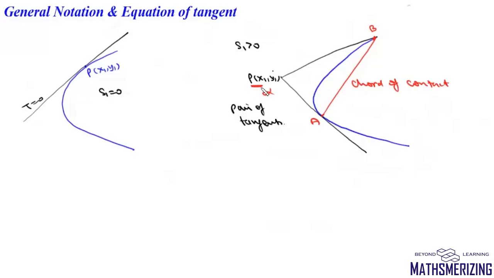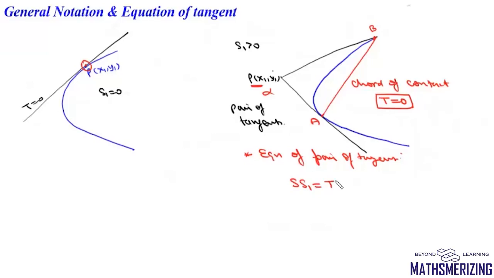So if the point P lies outside the parabola, in that case, the equation of the chord of contact is given by T equals 0. T equals 0 is the equation of a tangent only when this point P lies on the curve. If the point lies outside or inside, it doesn't represent a tangent. When the point lies outside, it represents this chord of contact. Now, when the point lies outside, the equation of the pair of tangents is given by